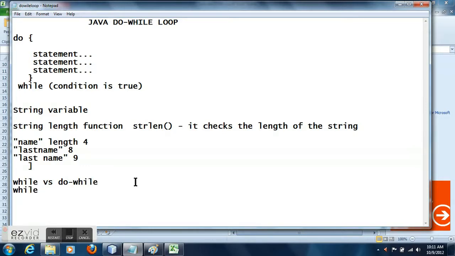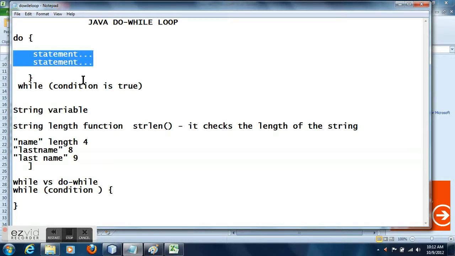Whereas for do while, the condition is at the end of those statements. So that means when there is a while, it is a possibility that if the condition is false, then whatever statements are there between the opening and closing curly braces will never be executed.